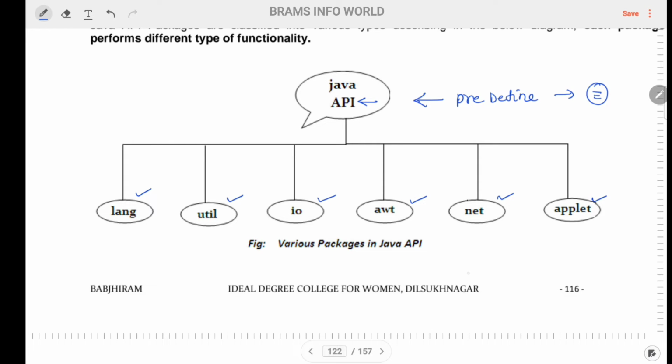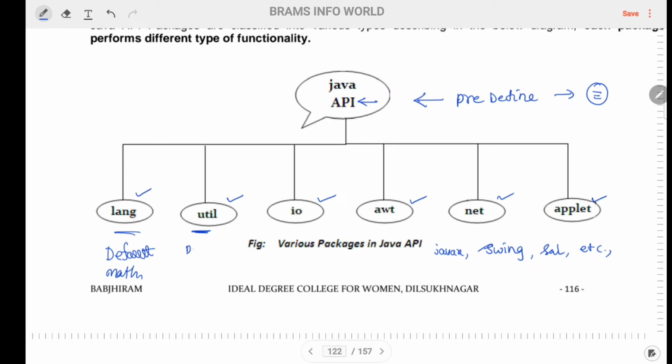Not only that, we have some other packages like swing packages, SQL packages. So there are a lot of packages we have, like the Javax package. So like that, there are a lot of packages in our Java language. If you go for the lang package, it is a default package of the Java language. The language package is used for the mathematical and various basic calculations in your program.